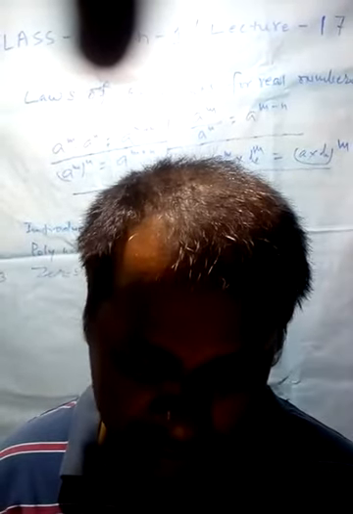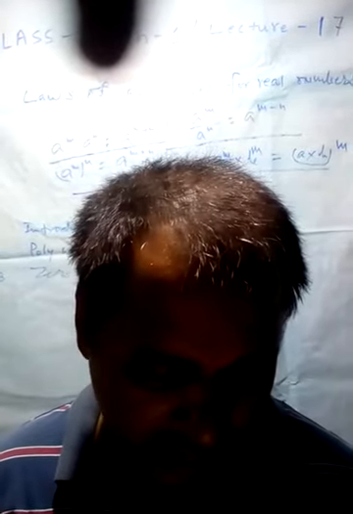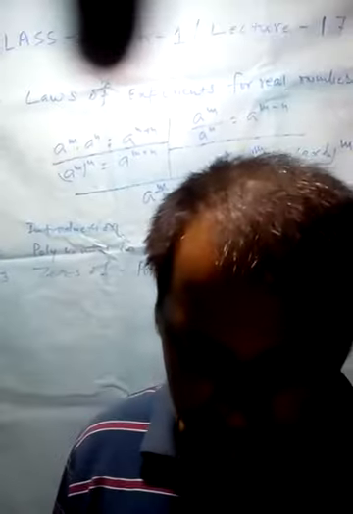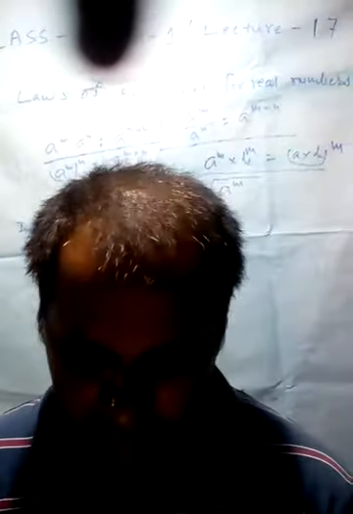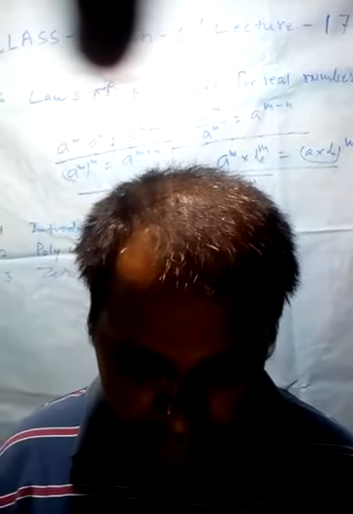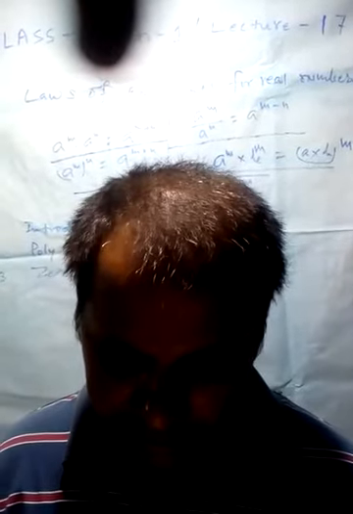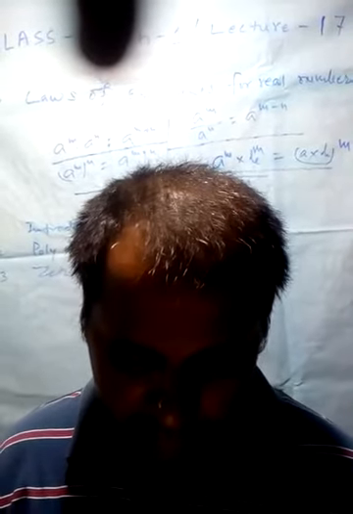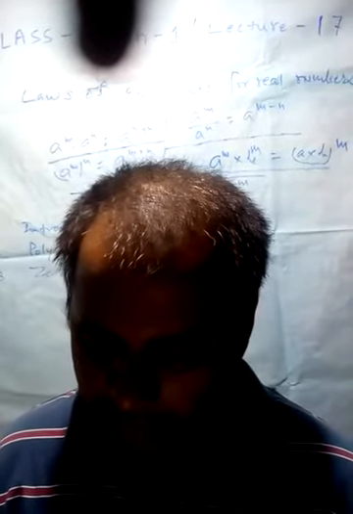It turns out that we can extend the laws of exponents that we have studied earlier, even when the base is a positive real number and the exponents are rational numbers. Later you will study that it can be further extended when the exponents are real numbers. But before we state these laws, and to even make sense of these laws, we need to first understand what, for example, 4 to the power 3 by 2 is. So we have some work to do.